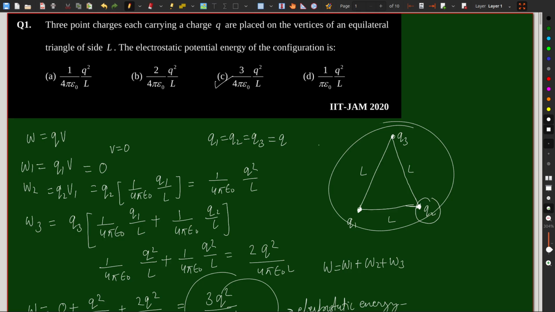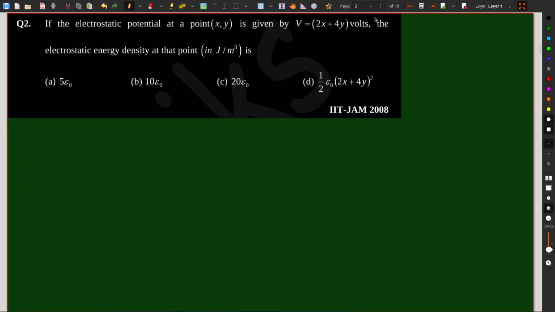Okay, so let's move to the next question. Here the electrostatic potential is given at any point: the electrostatic potential is 2x plus 4y. And what is asked is the electrostatic energy. Electrostatic energy is given by Q into V. But here